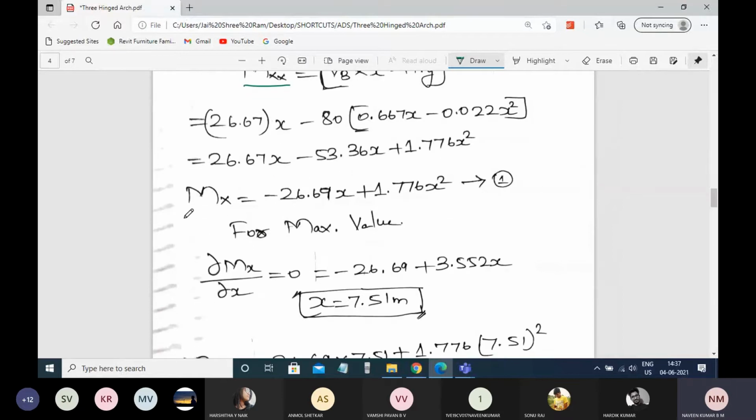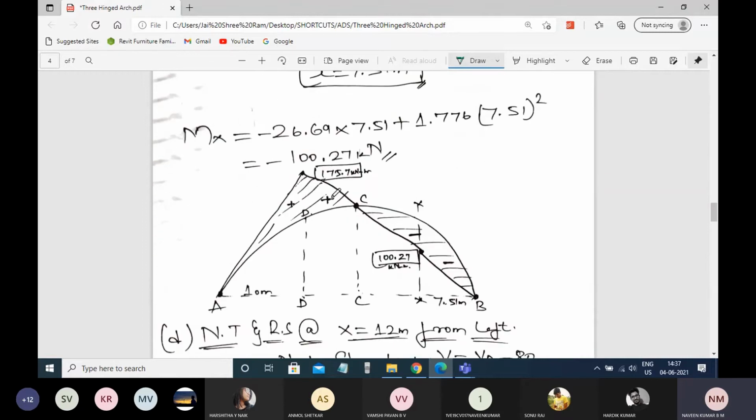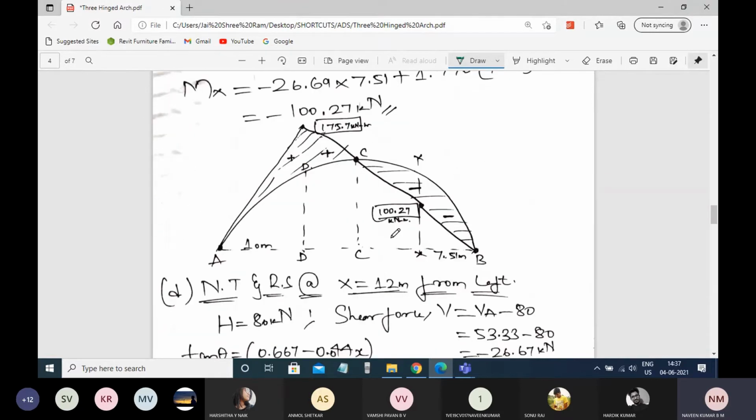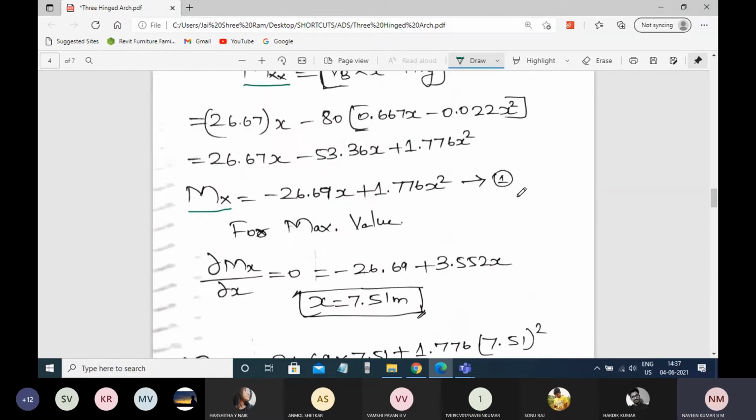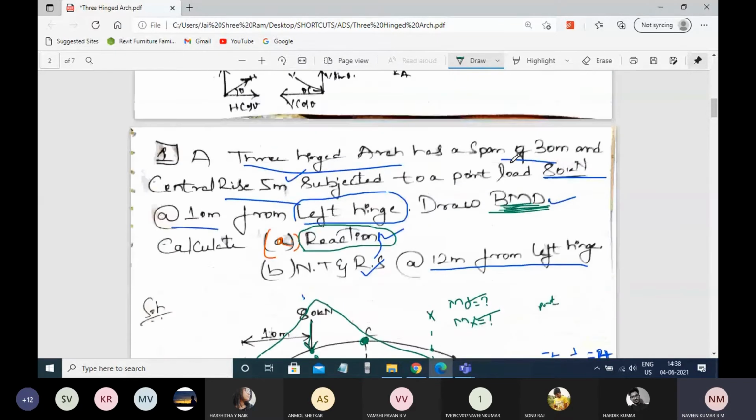Similarly, MD is found, and between C and B we consider a section. At that particular section, the moment is considered as Mx. Now this is the kind of bending moment diagram that we got. Understood? So this is also completed. I'm talking only about the procedure related to the problem statement.